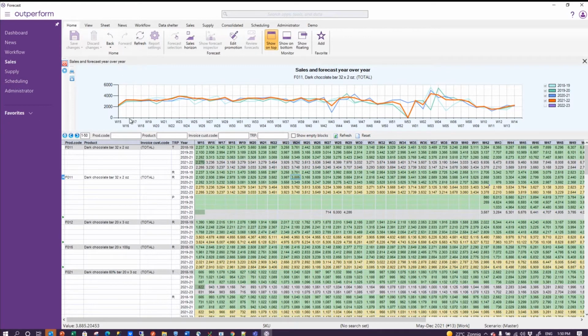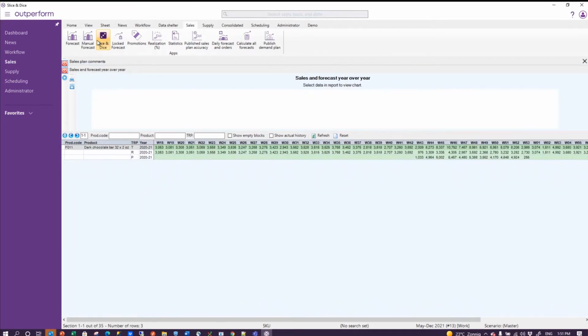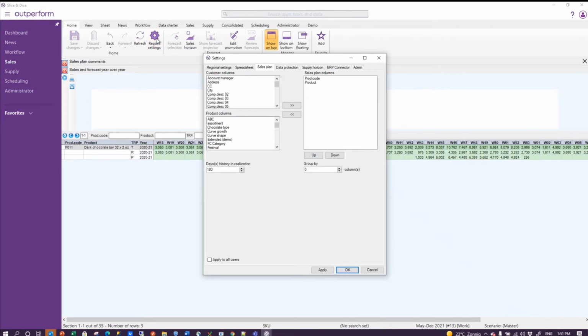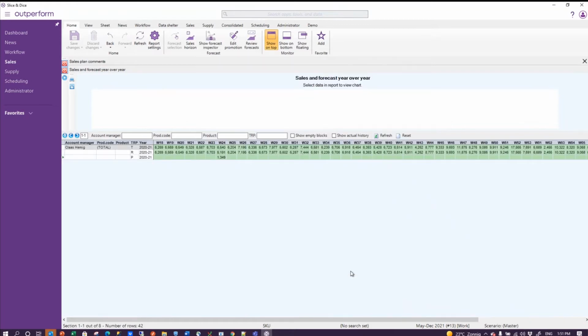I point out the settings menu, for example, when I go to the slice and dice report, which is a report that has a settings menu, you see the report settings can be changed, and in this menu you can change the aggregation level or the columns that you show on the left hand side. So we can for example add the account manager and then see how much, and we can maybe put the account manager as the first column, and then maybe we can also group by account manager, and then we can see how much each account manager is selling, provided that we put the